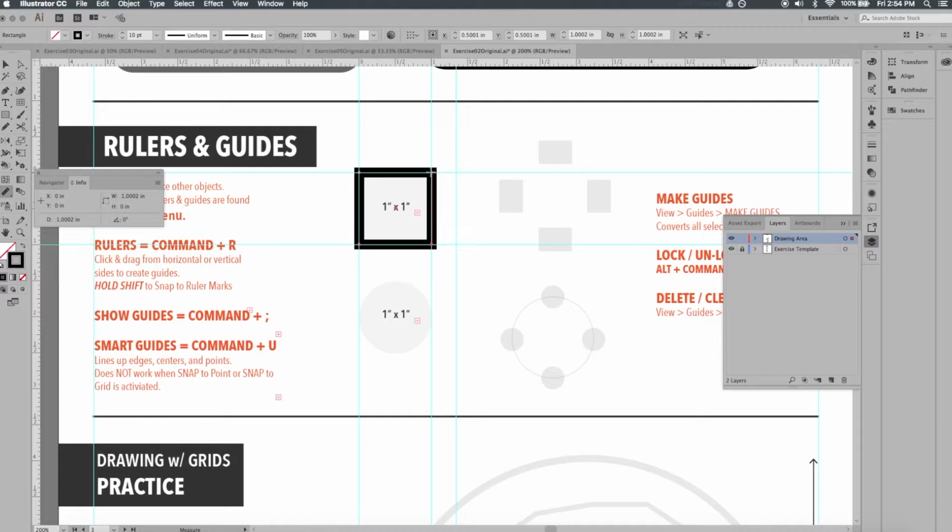I'm looking at the W for the width, and it is 1 inch, 0.00002, so that's pretty much 1 inch. I could measure along the height and see that this is also 1 inch. Okay, I'll go ahead and go back to my black arrow with the V key, and I'll close this panel,